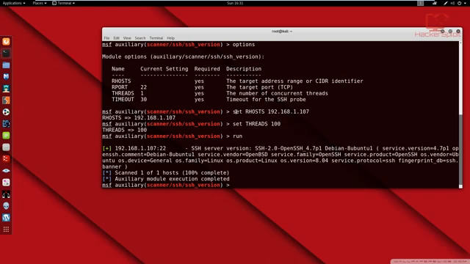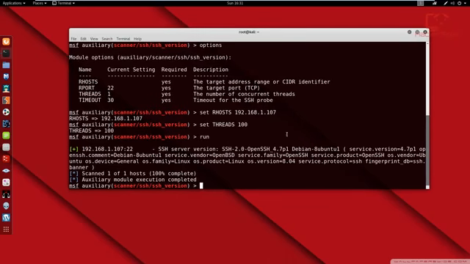Immediately it's going to return the results. So on the Metasploitable 2 machine, we have the SSH version running, SSH version 2.0 OpenSSH. It's running Ubuntu, and the version number is written there. Again, this can be valuable information. You could find exploits related to the version of SSH running, and that's for the exploitation stage, which we'll be getting to. But it's important to know how to use the Metasploit